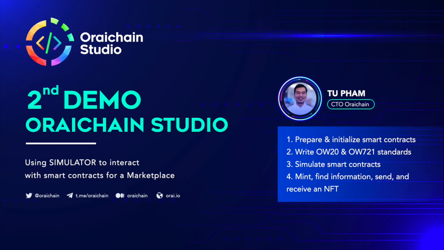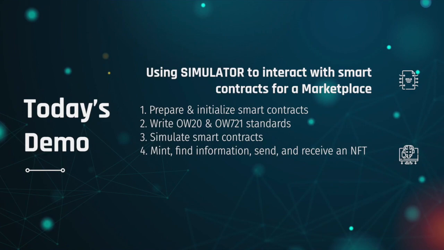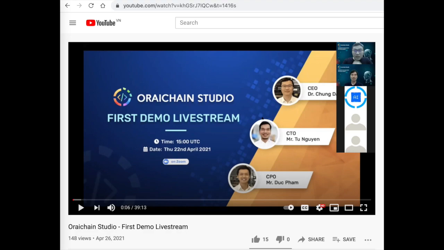As you know, Origin has already launched a new 4D product, Origin Studio, a hub for developers to integrate unlimited AI functionalities into smart contracts for Origin and many other Cosmos SDK-based blockchains. Origin Studio allows developers to write, test, simulate, and deploy AI smart contracts on the Origin neural testnet as well as Origin mainnet. In the first demo live stream, we show you how to write, deploy, and simulate an AI smart contract. You can watch it by clicking on the Origin channel.